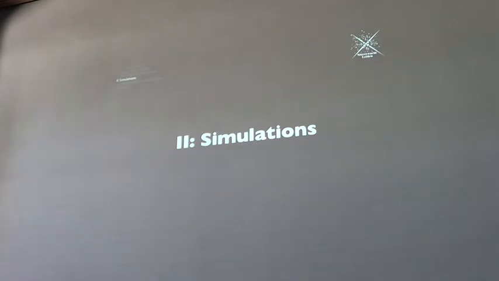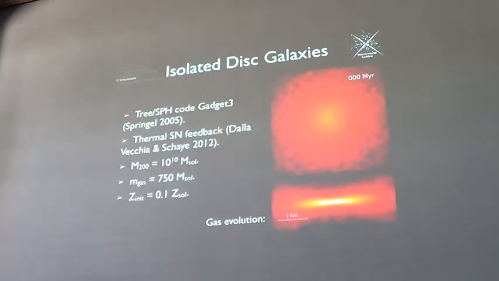So now, for the second half of the talk, I'd like to show you an example of some of the simulations that we're now starting to run, incorporating this chemical model and using these non-equilibrium cooling rates. For this, we're using the tree SPH code Gadget 3. In fact, this is using the Eagle version of the code. So it's using many of the subgrid physics models that were developed for the Eagle project, which Rob discussed this morning. For example, we have thermal supernova feedback,